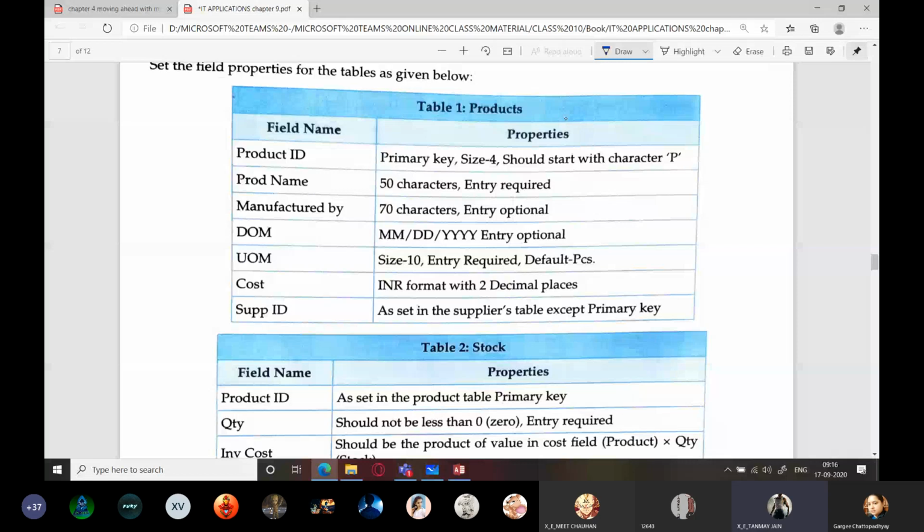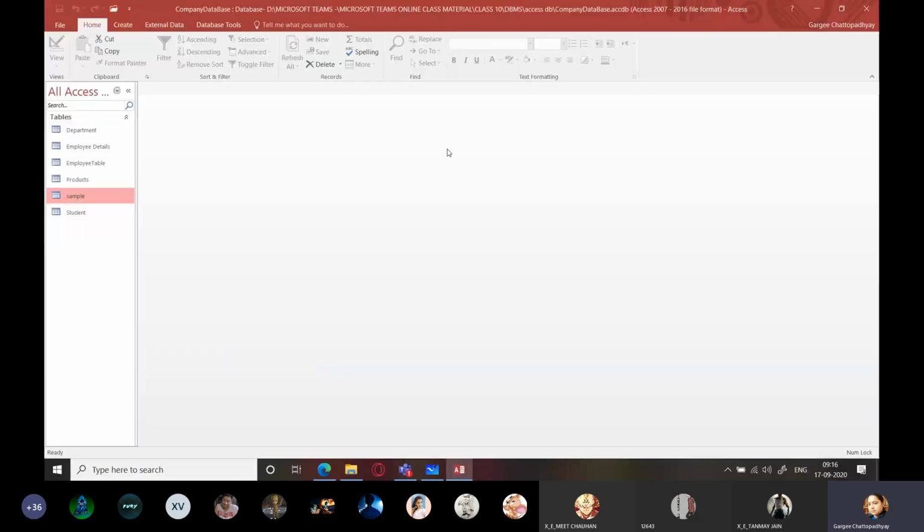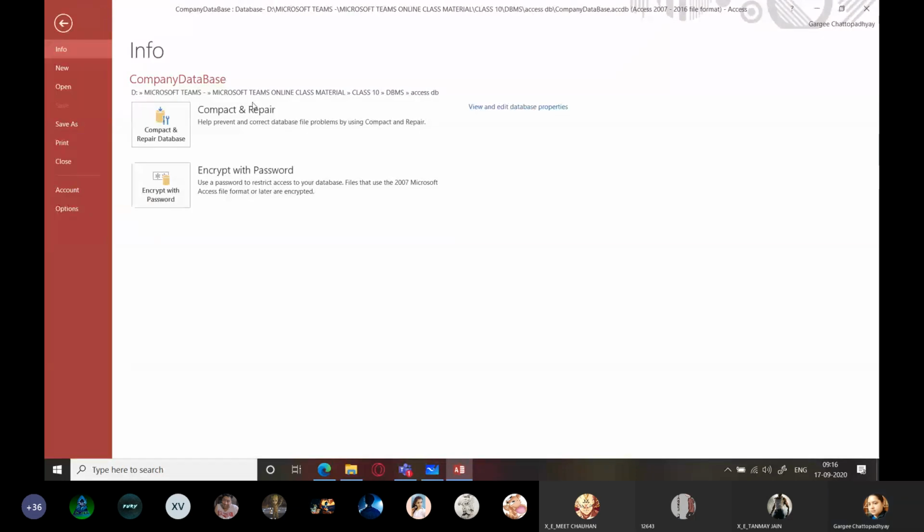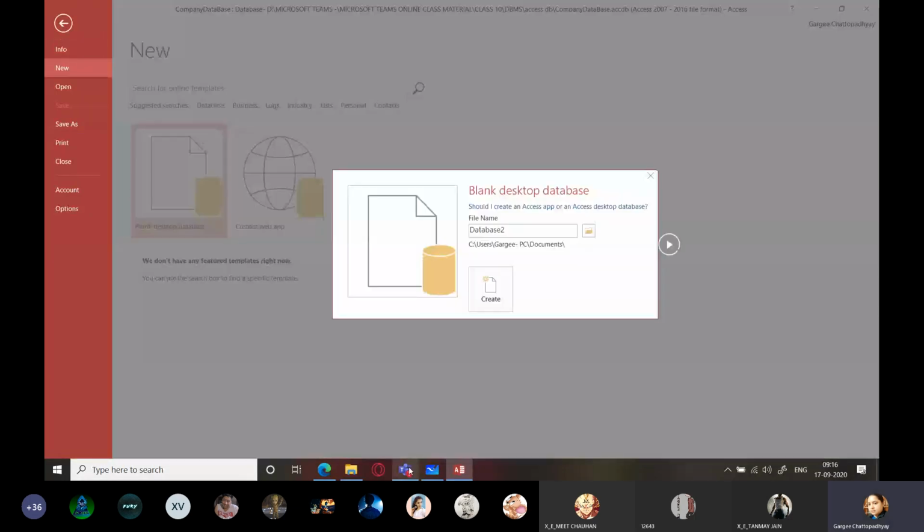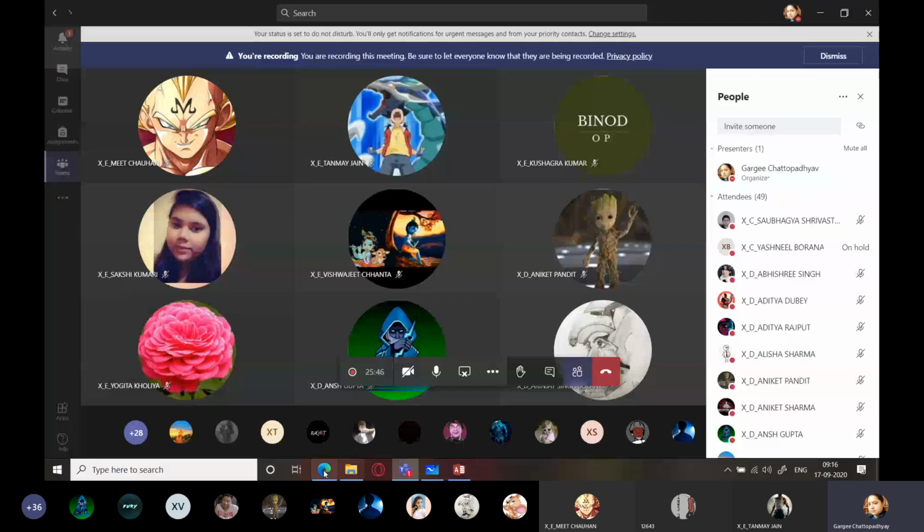Ma'am, field size. First thing is size. I'll be using size here. Second, primary key. I have to use the primary key. That is toggle primary key. Okay, इसको करते भी जाते हैं. So I'm going to open this, and I'm going to create another database only. So new, and you'll understand how you'll be doing this, right?